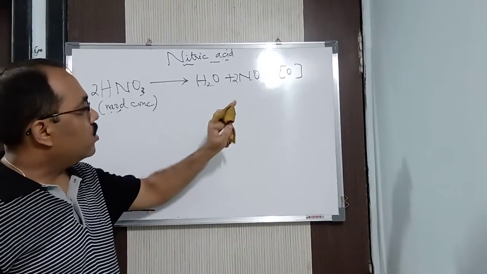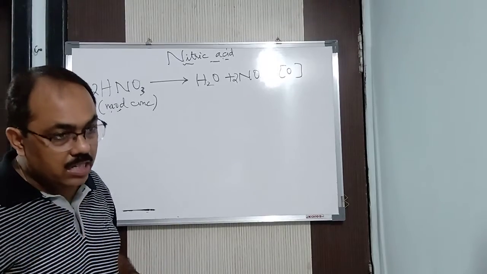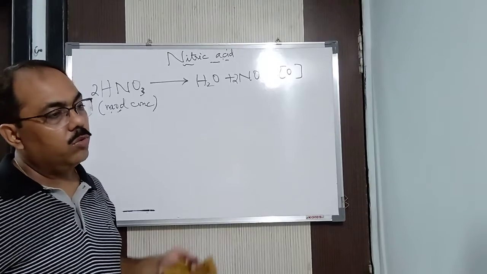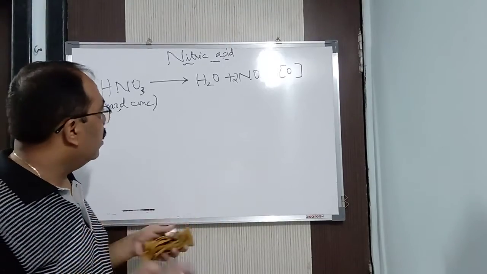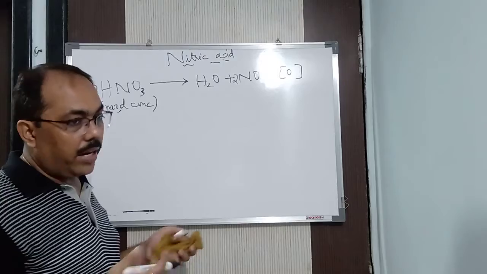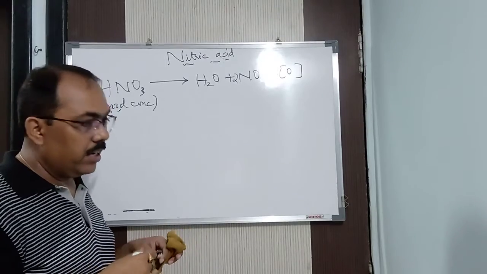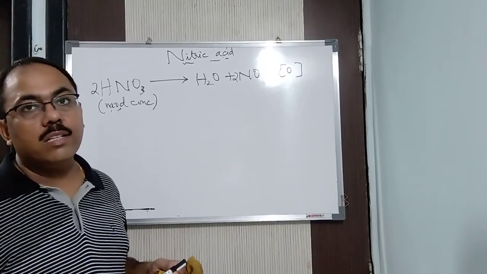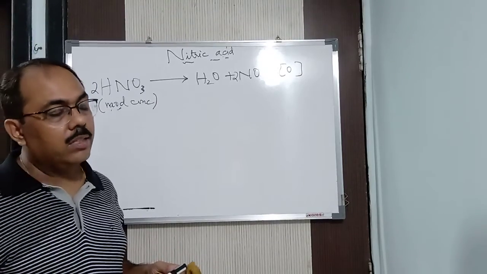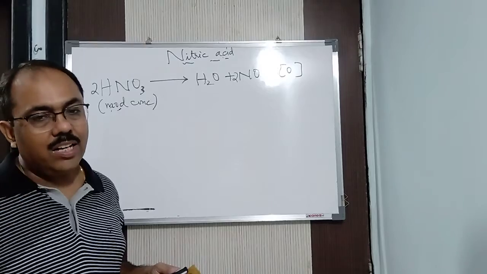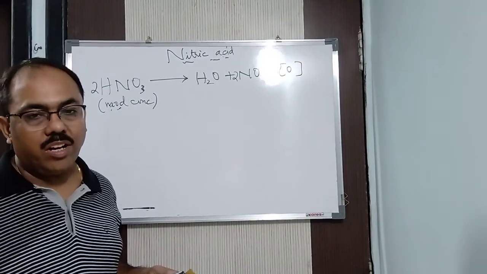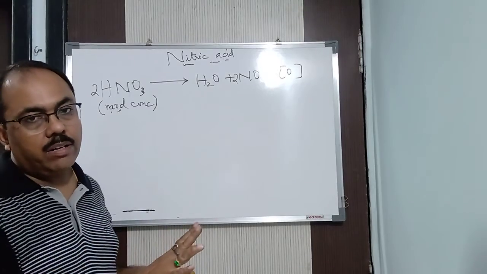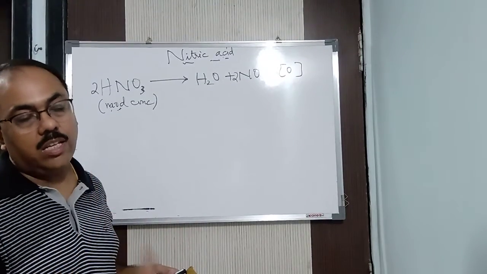So nitric acid under different conditions, under dilute conditions, may give you nitrous oxide, in moderately concentrated it may give you nitric oxide, and with hot and concentrated it may give you nitrogen dioxide. You have seen it, and respectively the nascent oxygen you got. So remember that, again I repeat, under different conditions nitric acid behaves differently and you get different amounts of nascent oxygen. And remember it, nitric acid is a very strong oxidizing agent.